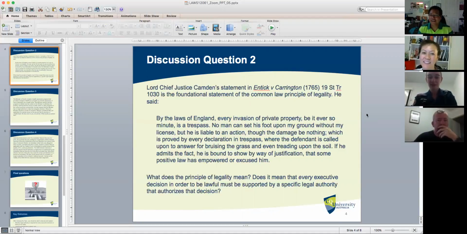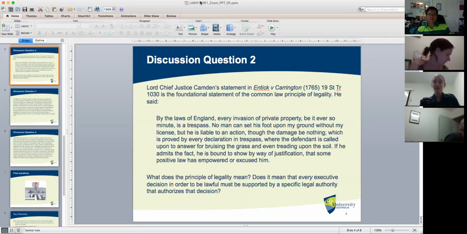Lauren: Yeah, I was just going to contribute to answering the question, but the way I understood it was the principle of legality is that the executive is still bound in general when making decisions to the law. And so what was decided in Entick v Carrington was that, in terms of whether the decision made needs to be supported by specific legal authority,